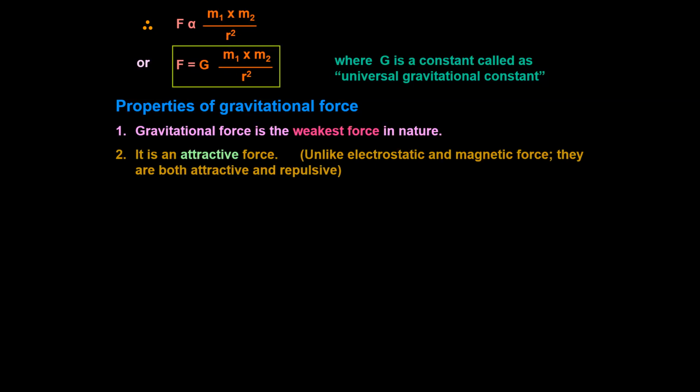Is there any repulsion? Repulsion means, if you keep 2 magnets, North Pole and North Pole together, it repels. Am I right? If you take a magnet in the left hand and one in the right hand, and both poles are north, and try to bring them together, what happens? It repels. But gravitational force is an attractive force. Understood or not? Are you able to understand, my dears?